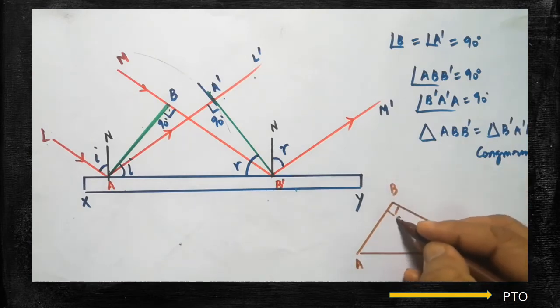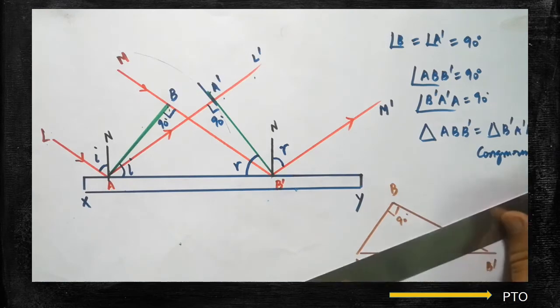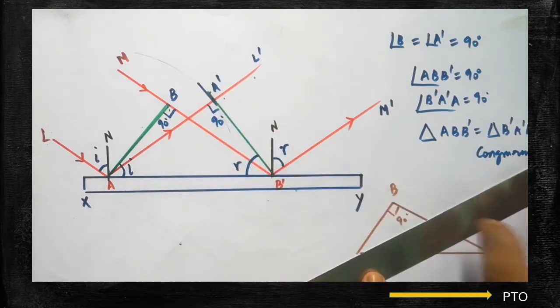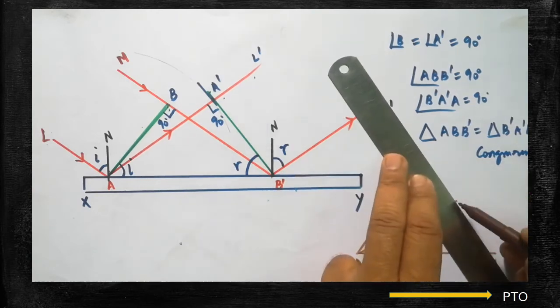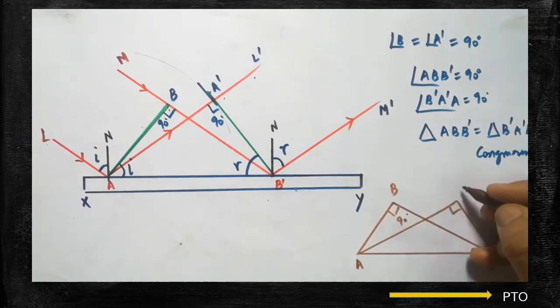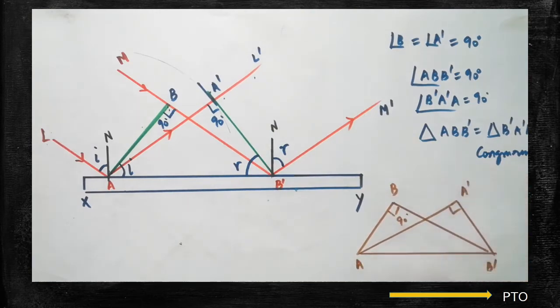Here what is angle? 90 degree. We have to draw one more triangle. This part I am going to draw. Here also 90 degree is there. There the angle A dash is there. Here these two are represented by 90 degree. Here also 90 degree is there. Here also 90 degree is there. Here you can see some perpendicular line. And here